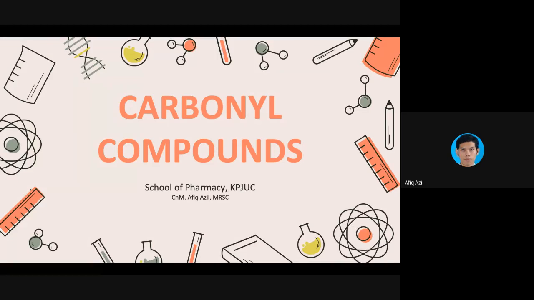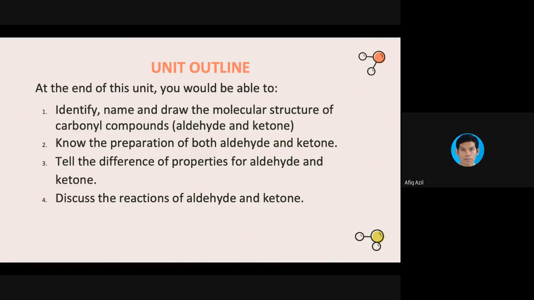Okay, so for Unit 8, the topic is on carbonyl compounds. This is another type of functional group that you will all learn. It involves the carbon that has a double bond with oxygen. So before we go through the chapter,